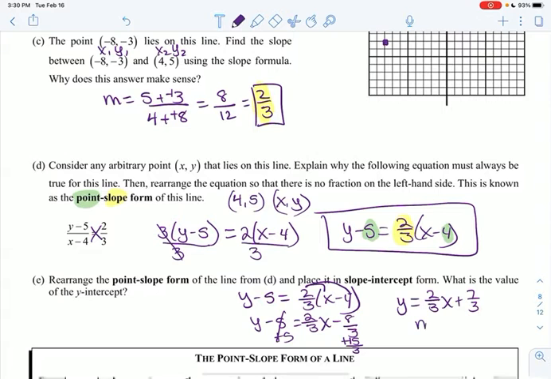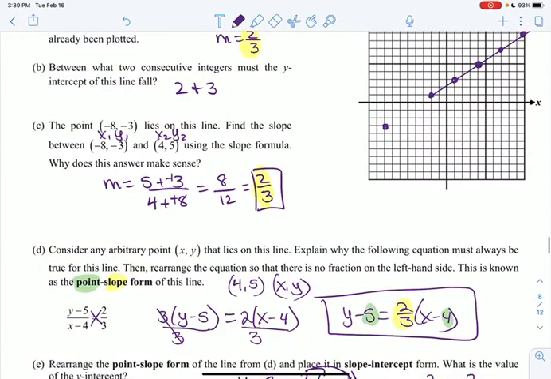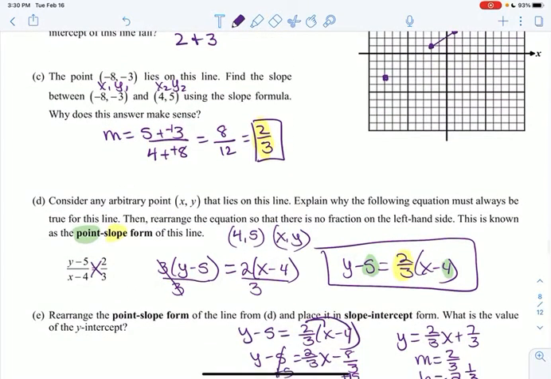And so my slope, again, is 2/3. And now I can actually see my y-intercept right here. My y-intercept is 2 1/3, which makes perfect sense because back on B, I said it was between 2 and 3. All right, so this is how the point slope, I wanted to show you how the point slope formula